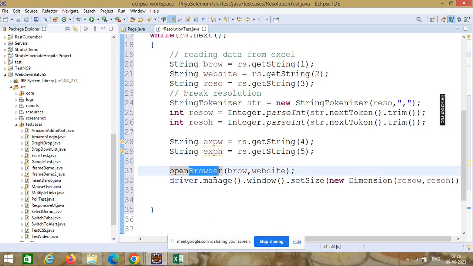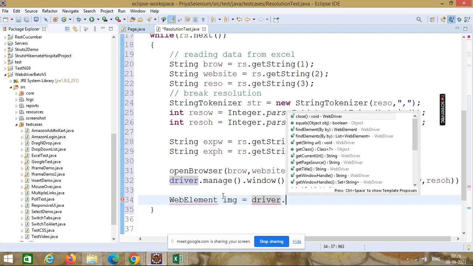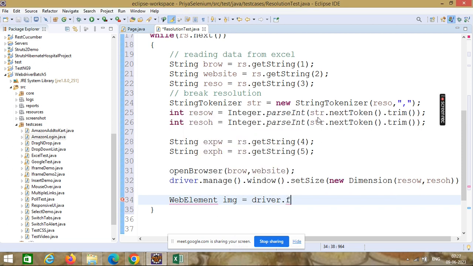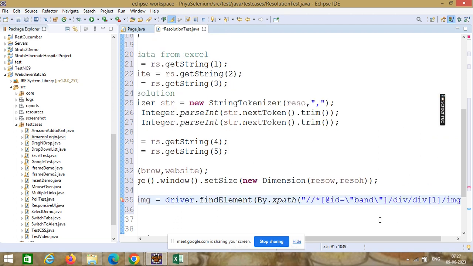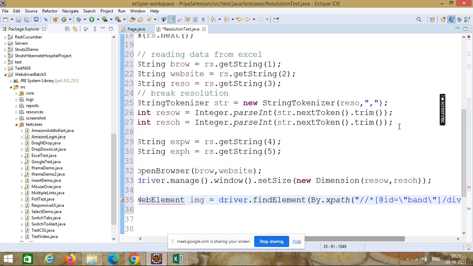After browser is opened and dimension is set, I will write WebElement img is equals to driver dot findElement by xpath. Okay.